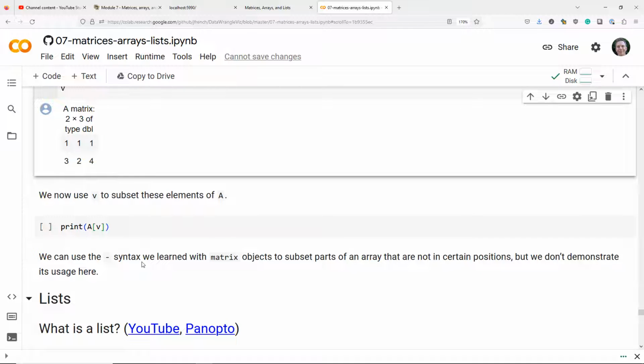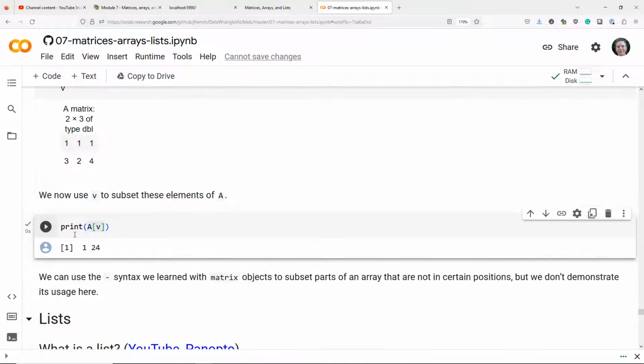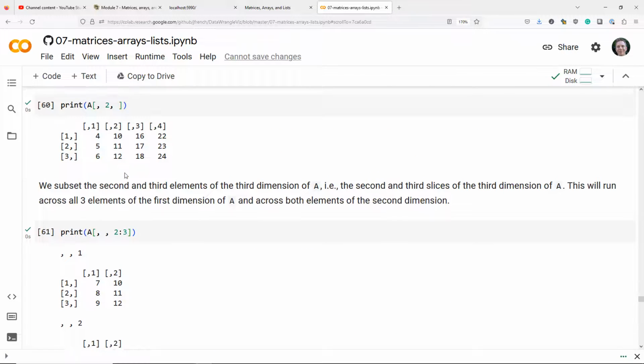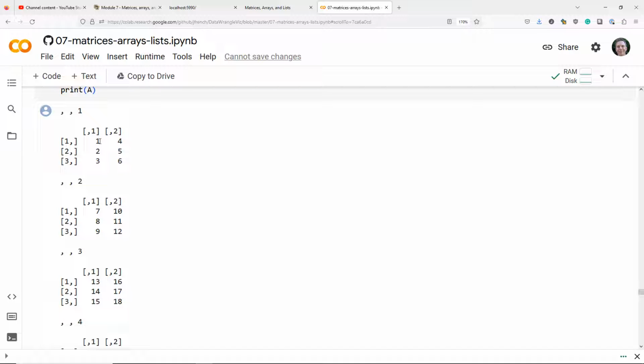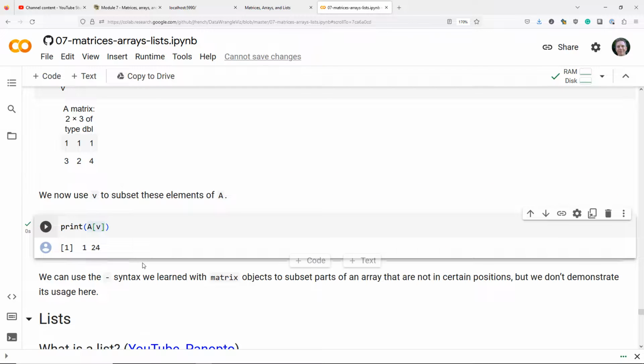In order to use that matrix to subset the appropriate elements of A, we pass that matrix to A inside our square brackets, and I print the results. And I get exactly 2 elements, which makes sense because we're selecting the element in position 1, 1, 1, and then also the element in position 3, 2, 4. And if we compare that to our array A above, we see that the element in position 1, 1, 1 is the value 1, and the value in position 3, 2, 4 is 24. And when we go back to see what was printed, we see that it was 1 and 24,